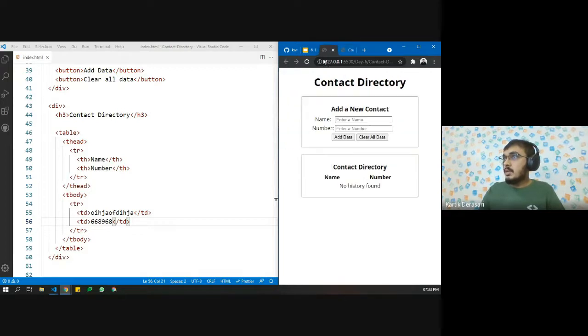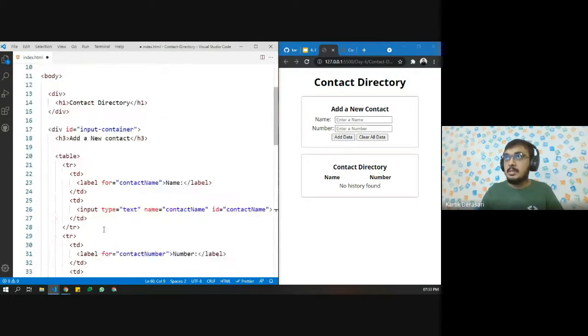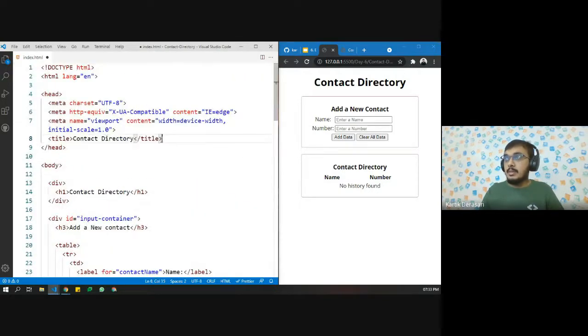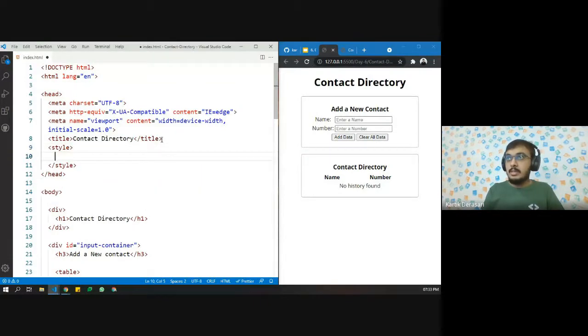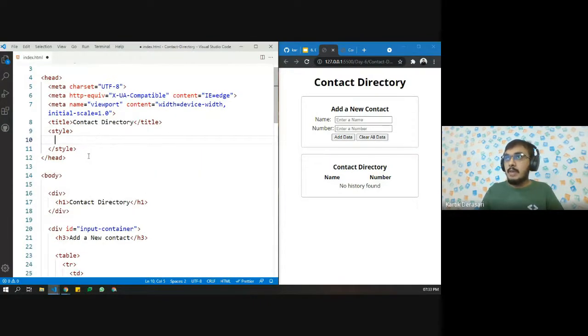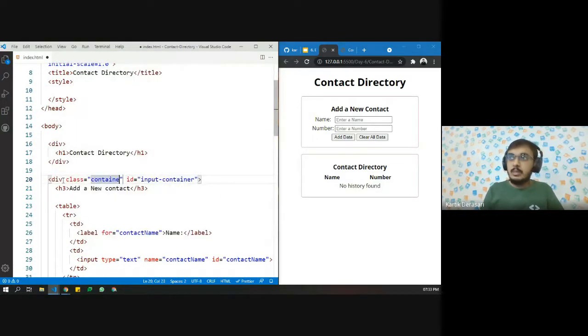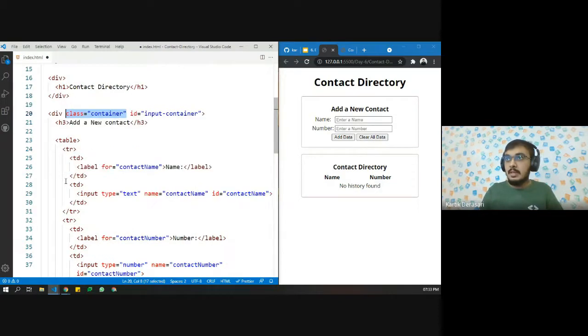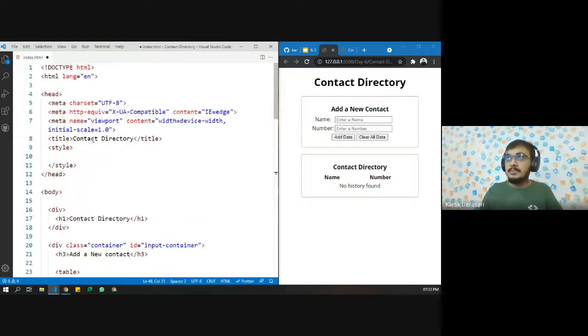So now let's style this a little bit. Inside the head, let's have an internal style sheet for now. Let us say class equals to container, and also have that container in the contact directory also.